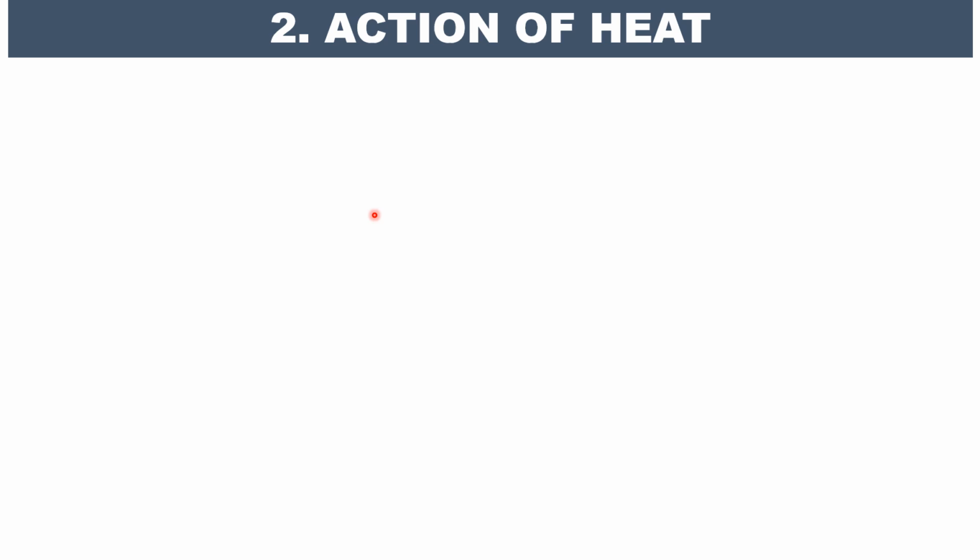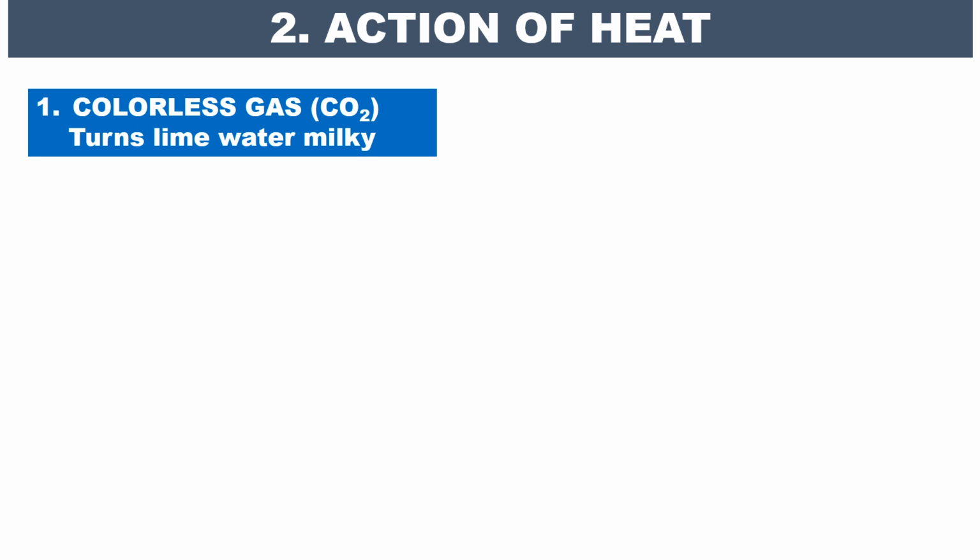The second test is action of heat. After looking at the color, the second test is action of heat. In this test, a substance is taken in a test tube and heated. If your unknown substance gives a colorless gas on heating which turns lime water milky,